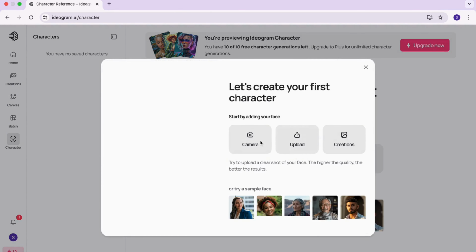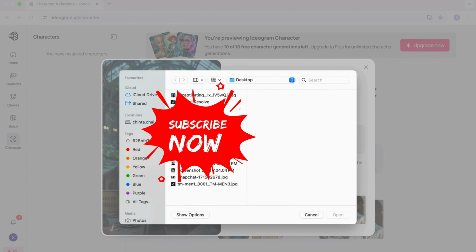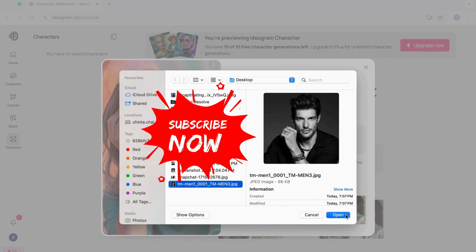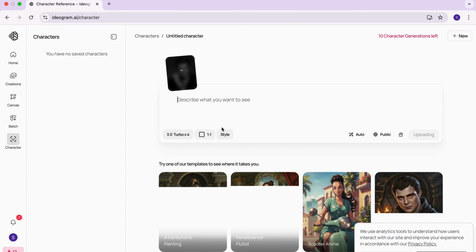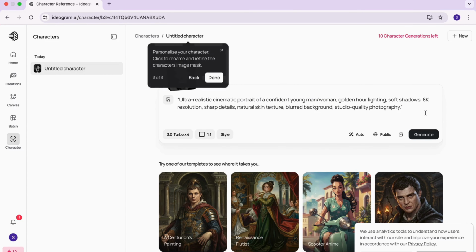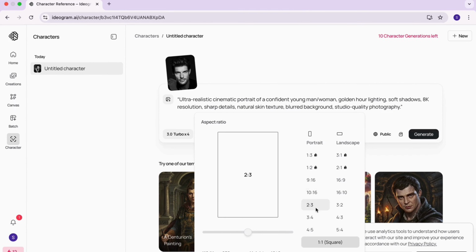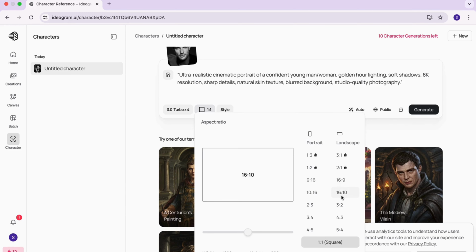Now I'm just uploading a few of my pictures. Here there are three options: camera, upload, and image. I choose one of the pictures from my desktop, and I give the prompt there. Next, done. Now, if all is okay, you can also set the ratio for the picture, and you